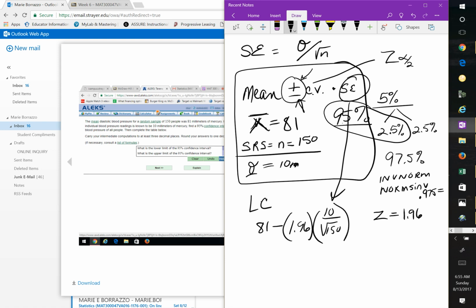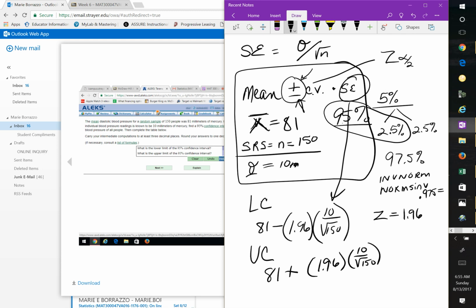So once you do this, the upper confidence looks very similar, except you're going to use plus 1.96 and then 10 over square root 150. Now you plug in your values into your calculator. You simply work them out, and your answer